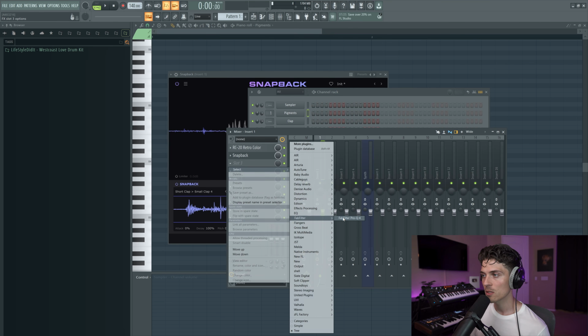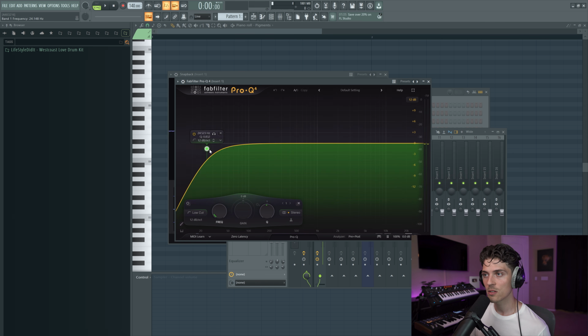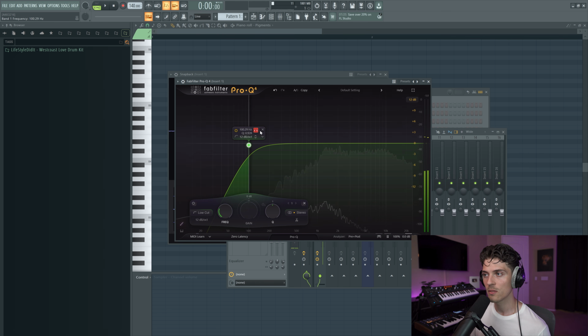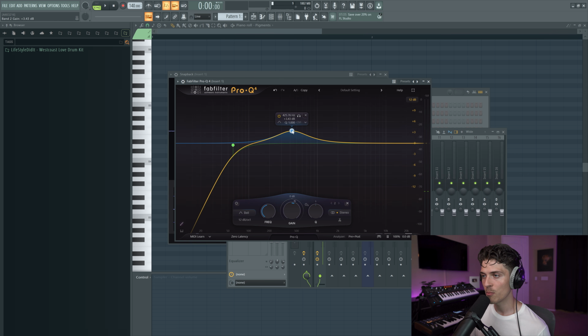Now what I'm gonna do is add in some EQ. So let's go get FabFilter. This EQ you can get really precise with, so it's really good for sound design. And I'll show you what I mean. So let's just actually cut out some low end first. So let's just turn this on. You can listen to it individually if you want to make sure you're not getting rid of anything. Let's go like that. One of my favorite things to do is to create a bell